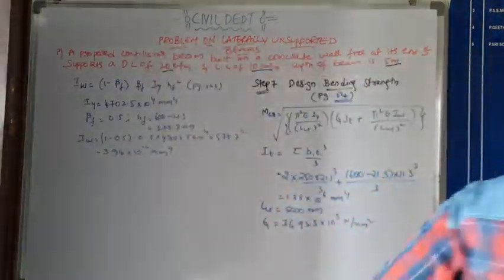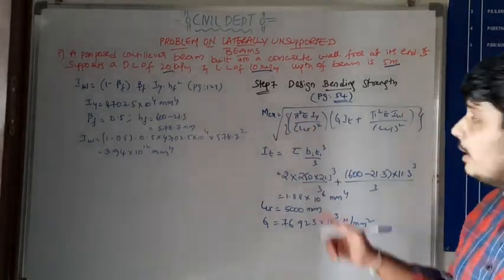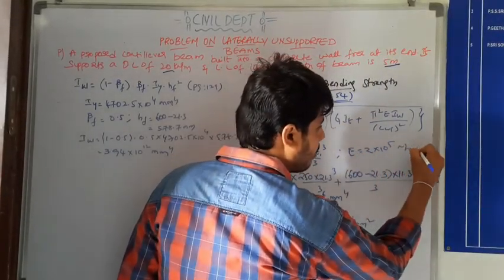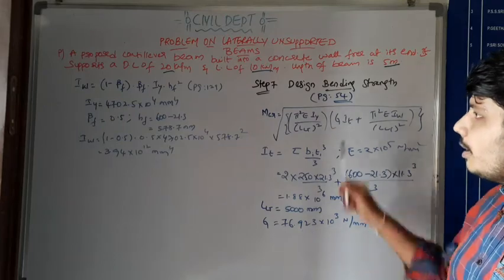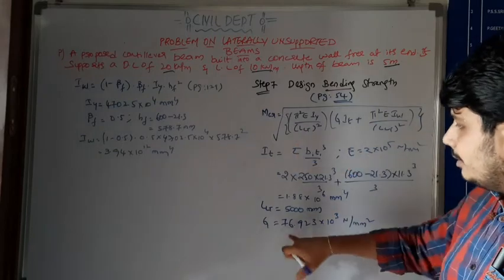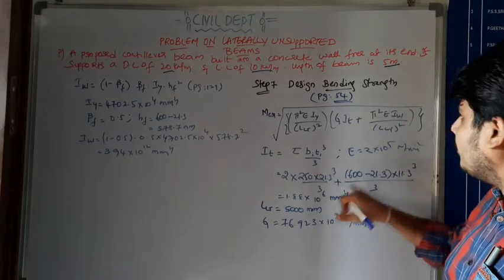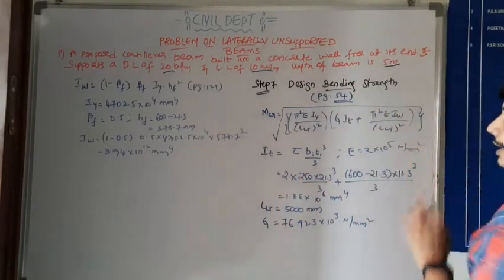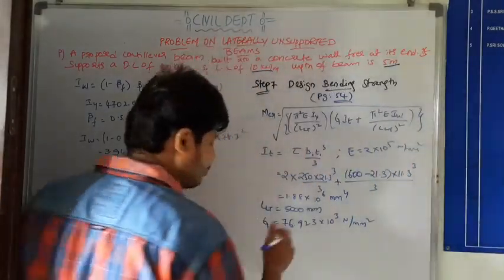So here, please listen. pi square E, E value is 2 into 10 power 5 Newton per mm square. So pi square E 2 into 10 power 5 IY 4702.5 LLT 5000, G modulus of rigidity, IT 1.88 into 10 power 6, again pi square E value, we know IW 3.94 into 10 power 12 and LLT. So substitute all the values in MCR square root. So by substituting all the values,